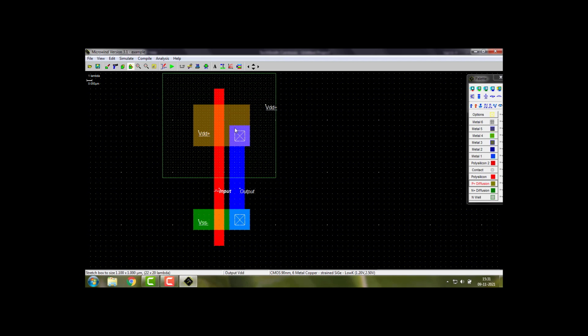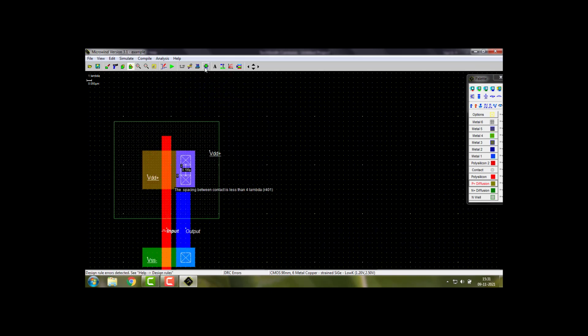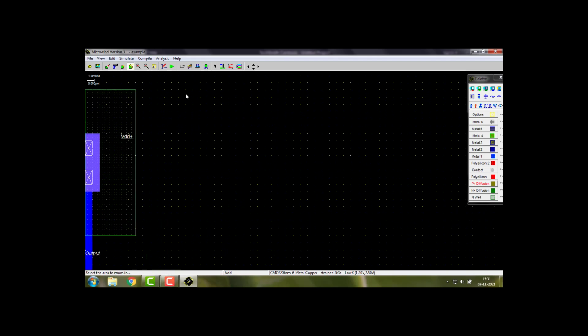Since it is extended, I can extend metal as well, and I can put one more contact, so that it's a good practice. You connect more and more. So I need to connect here. We may get a problem because the contacts may be very close. Let me see, any errors? Yes, this is a problem. So I need to extend this, or else I can simply skip.